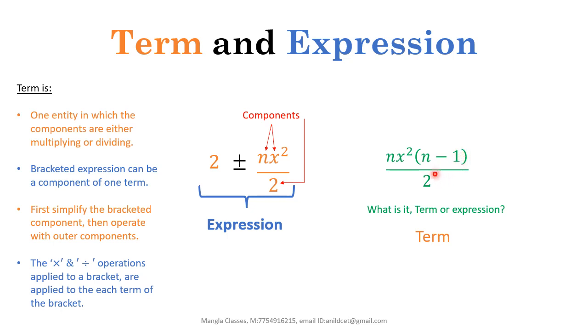Okay, similarly, if you divide this n minus 1 by 2 in the denominator, then you will get n divided by 2 minus 1 divided by 2. This is a very important thing which you should keep in your mind. Okay, now